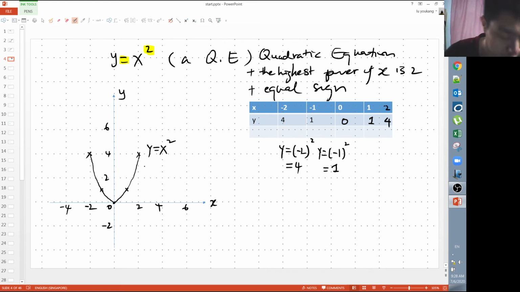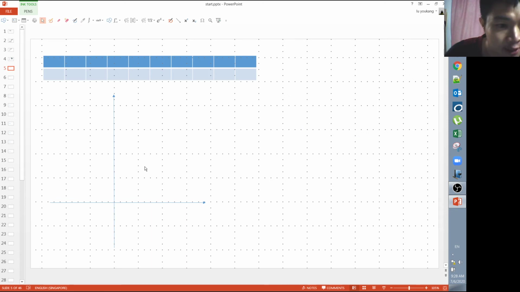I would like to continue to the next slide, and over here I'm going to draw your y is equal to your x to the power of 3. Alright, oh no, not -3, x to the power of 3. Alright, so let me give myself some values before I can draw them out. So I have my x and y, and let me start off from